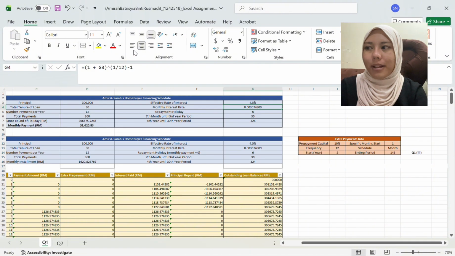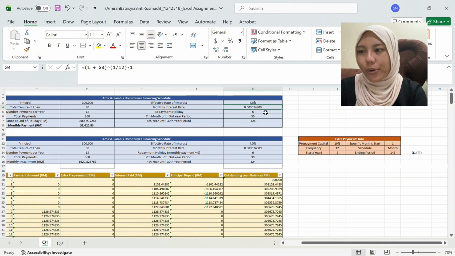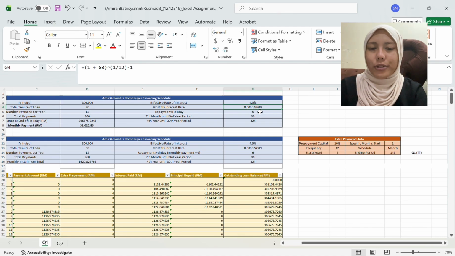The term 1 plus G3 here forms an annual growth multiplier of 1.045. Raising it to the power of 1 over 12 takes the 12th root to break the annual cycle into 12 compounding monthly blocks, and subtracting 1 isolates the exact monthly interest rate of 0.003674809, or approximately